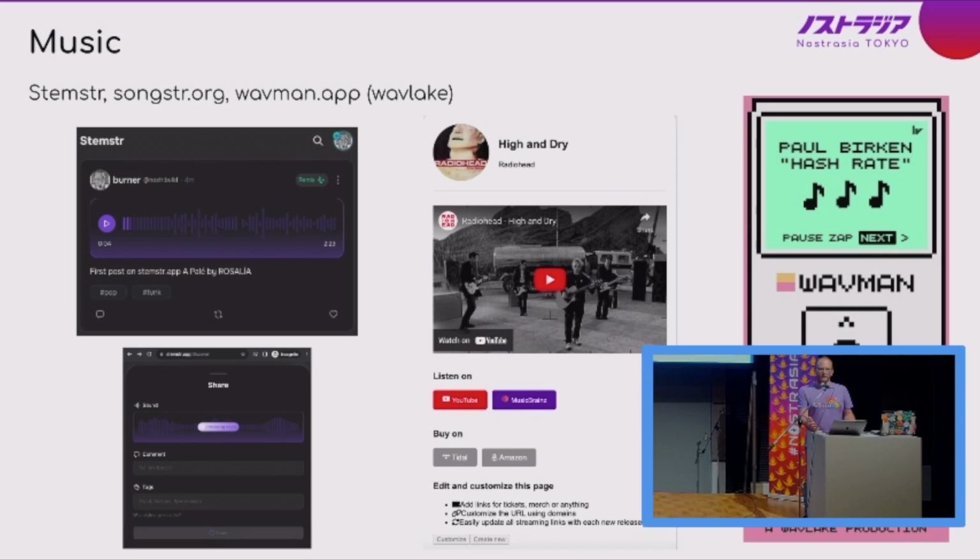Music. Who likes music? A lot of people. I like music too. So the cool thing is, right off you think, okay, so all 3 or 4 of these music apps are going to be similar but focus on music. But no, these 3 apps I'm going to go through are actually pretty different. Still all focused on music.